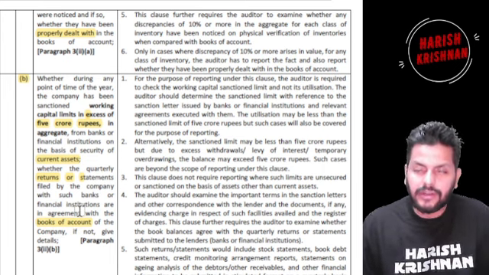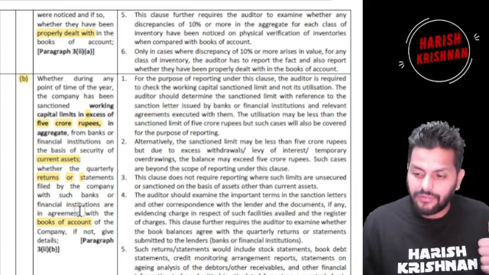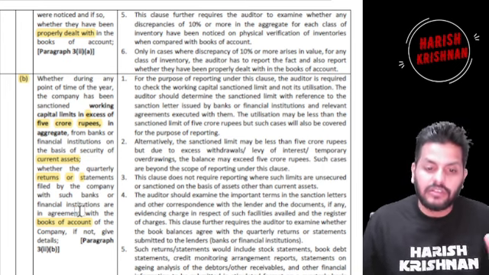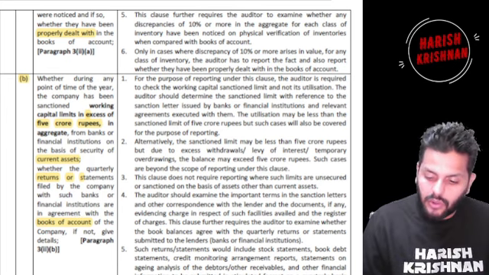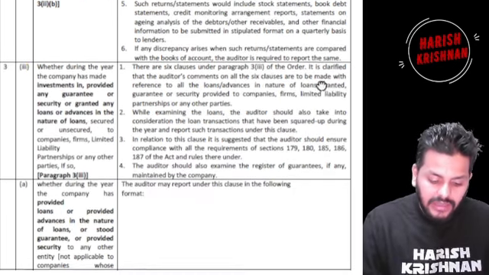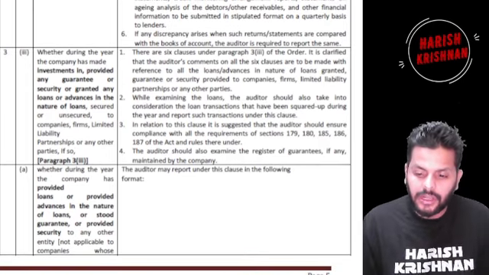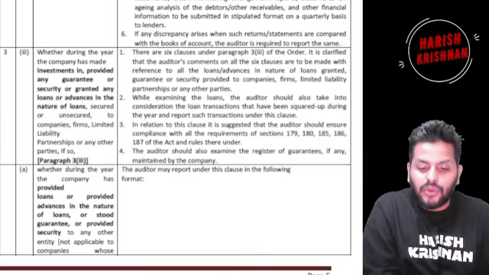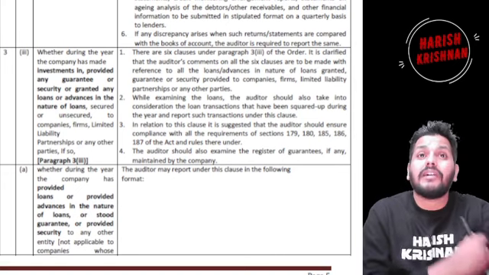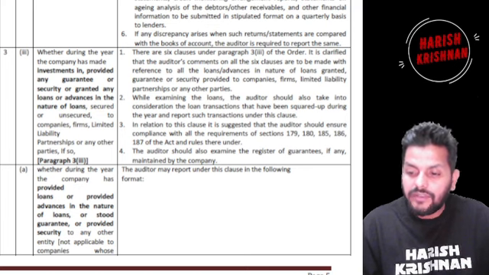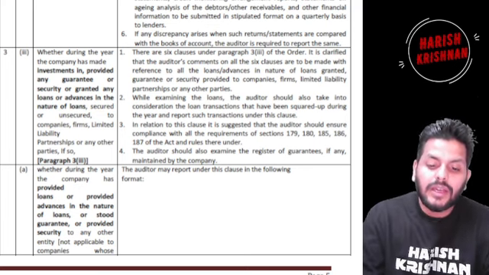So that's your point on inventories. I've covered 2 points here, both the first and second having changes. And let's quickly move on to the third one. Again, there has been a very interesting change here. Earlier it talked only about those parties who were covered under the register under 189. This point earlier meant only related parties, but if you read it right now,